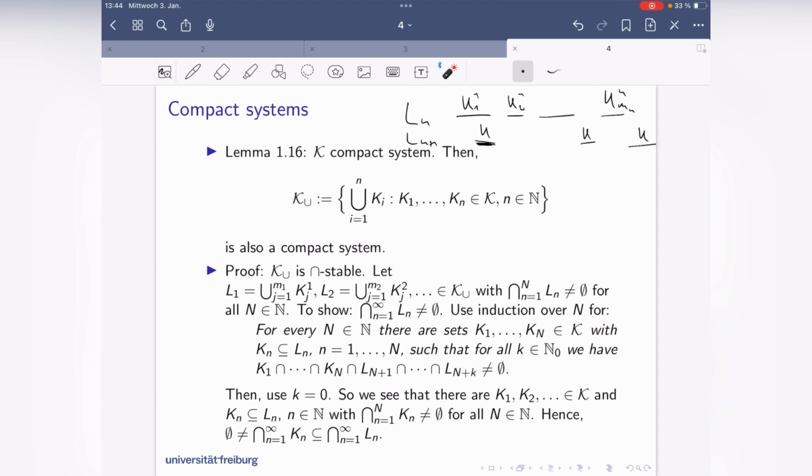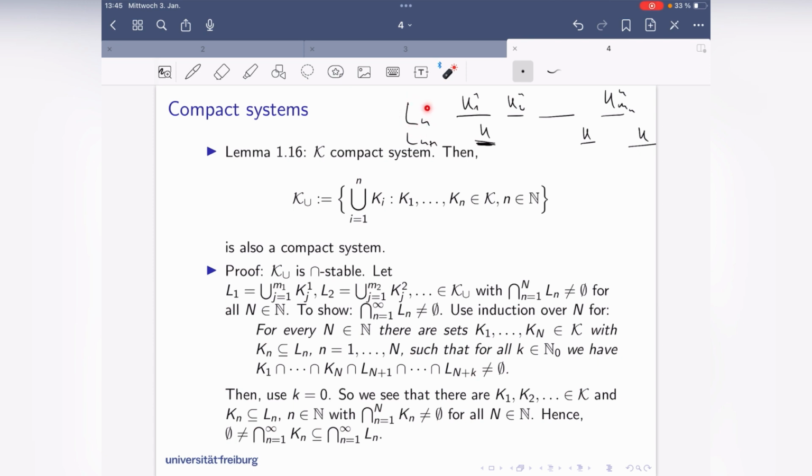Basically what I show here is via induction. And let me just read this induction here for the small k equals to 0. For every n, there are sets K1 to Kn with Kn a subset of Ln, such that